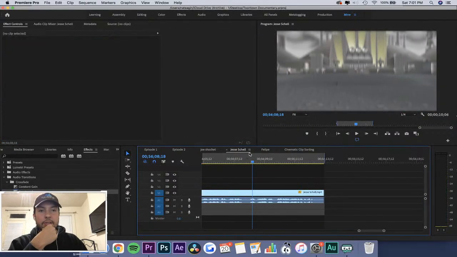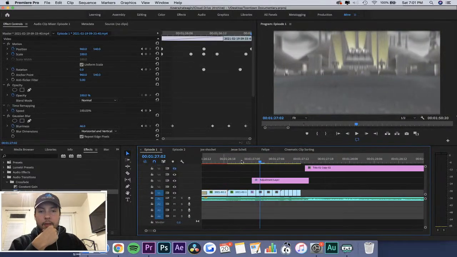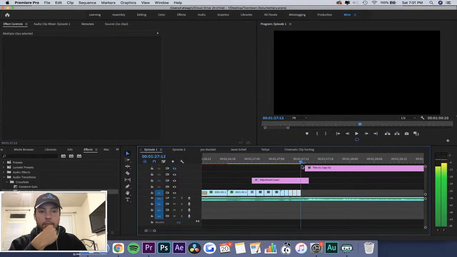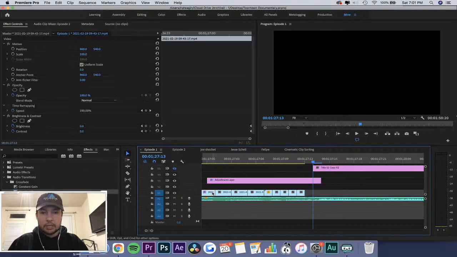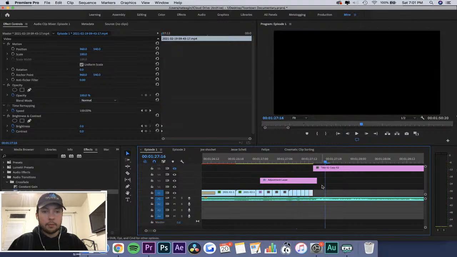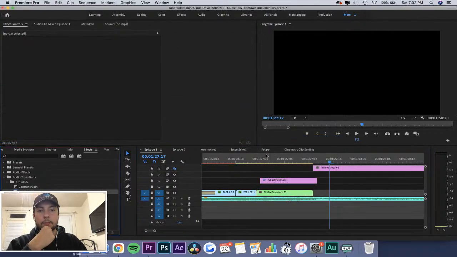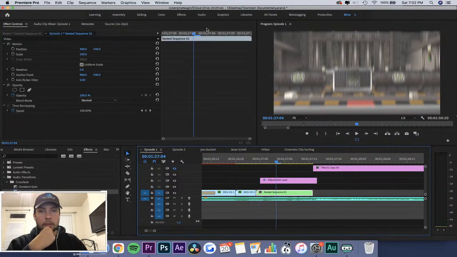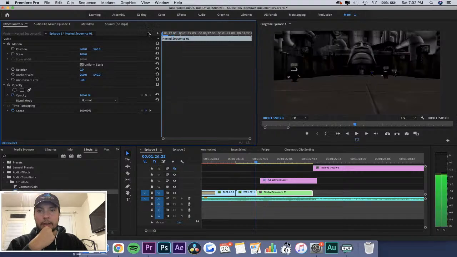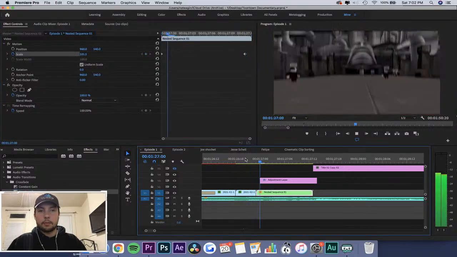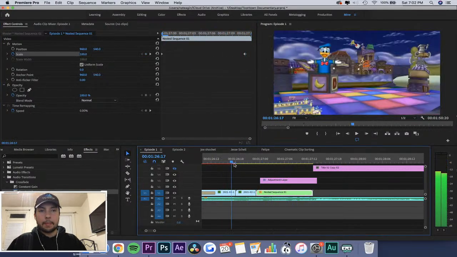I think I actually want this to zoom in too. So what I can do here, so I can kind of zoom all these clips in, is I can just put one more in there too. I'm gonna select all these and put them in one sequence called nesting. And then I can now zoom them all in. Just like that. Looks a little better.